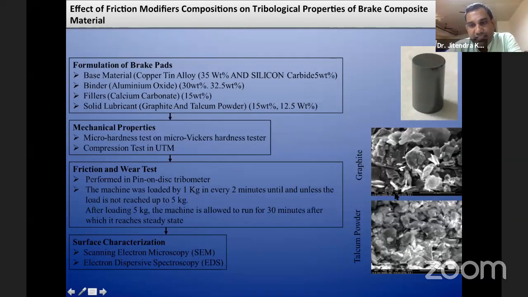Graphite has a flat wavy structure, and talcum powder has a random structure. Then we performed the micro hardness test, because in brake material the hardness test and compressive test are most important. So when you decide on any application, you should first decide what type of test is very important for that particular composite, and if you work according to that in collecting the data, then I am pretty sure that you will get a good publication in any journal.